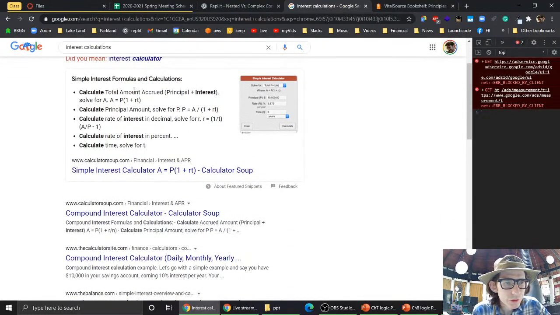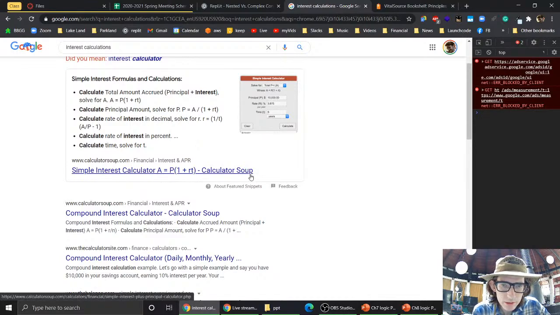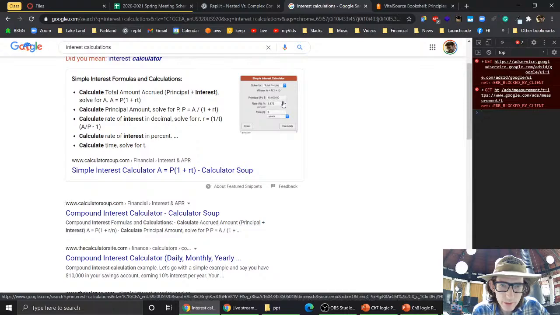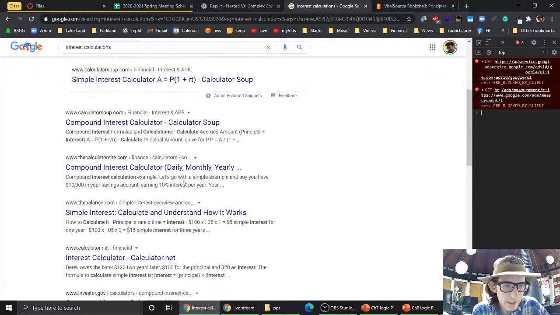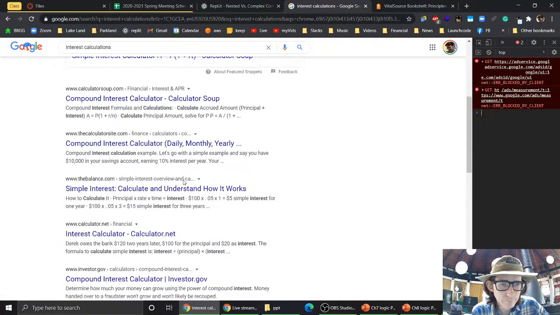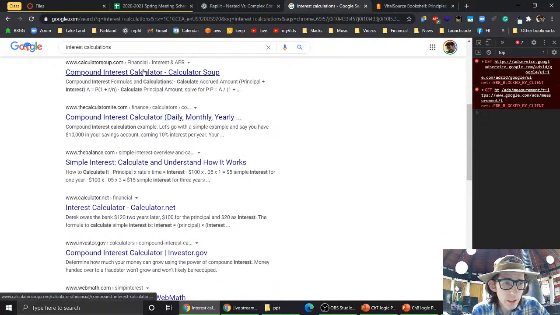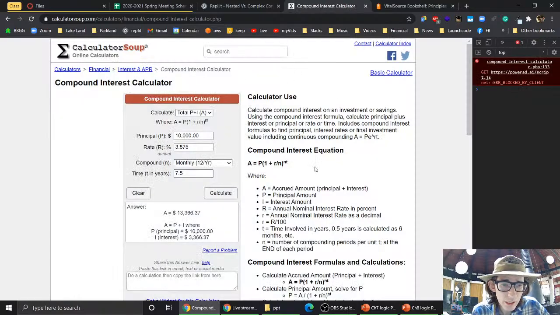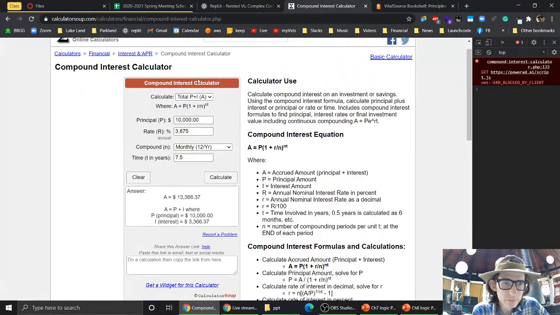So simple interest calculator. It's going to take in how much you're starting with, the rate per year, which is your APY, and then you can put in an amount of time, and then it'll figure that out. But you could create your own. If you're getting compound interest, though,